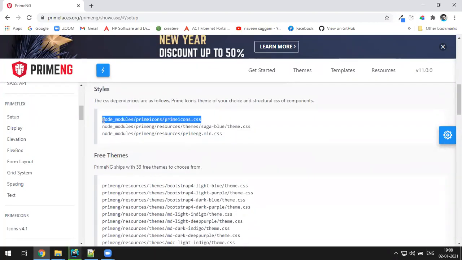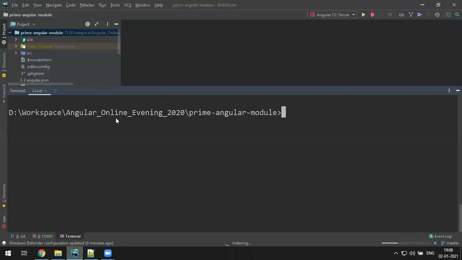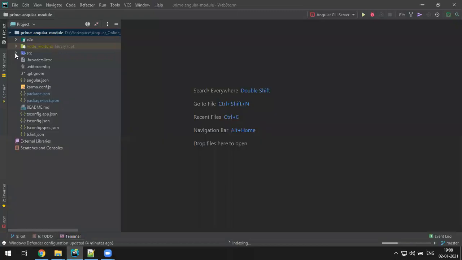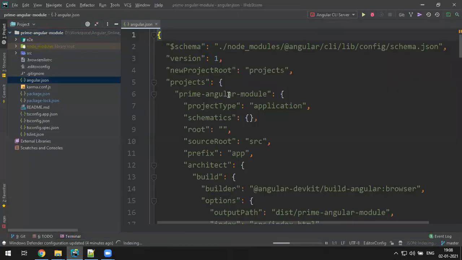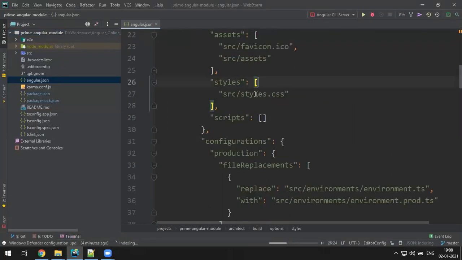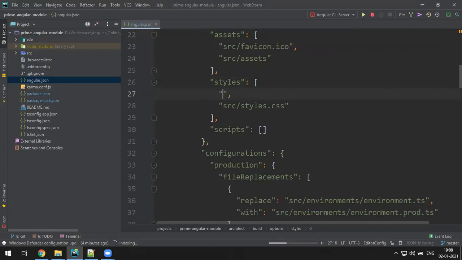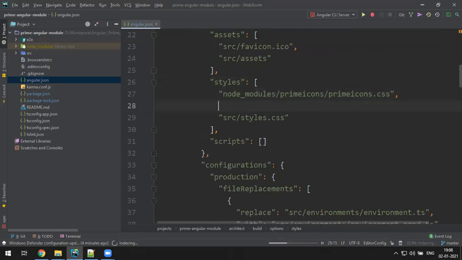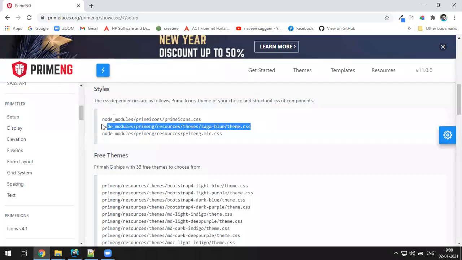Copy this. Where you need to add this is in the same angular.json file. Let me go to the angular.json file. See here in the styles configuration, let's add this one. One more is the Saga theme. I'm using the Saga theme.